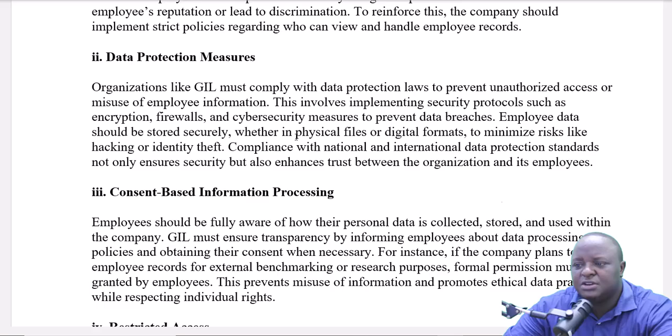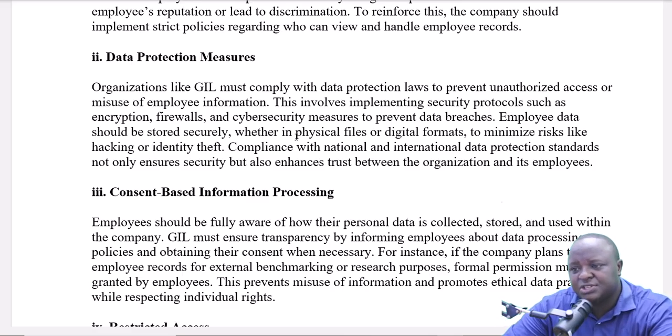You see, such kind of exploitation of even employee documents is what makes employees lack trust in the management, because now you know that there is no information that you can give to management, and the management cannot keep that information. The management cannot protect your information. So GIL, in terms of one cause that may have led to employees lacking trust in the management, is maybe exploitation of the employees' data.